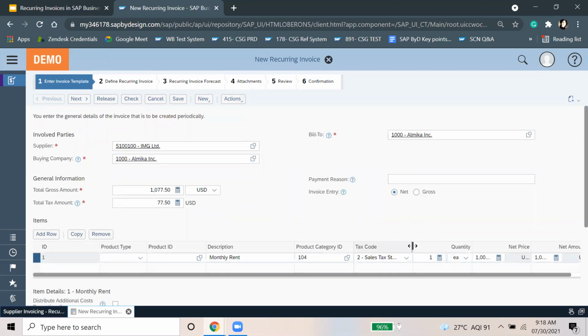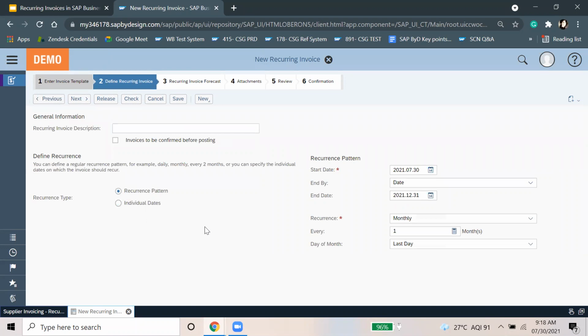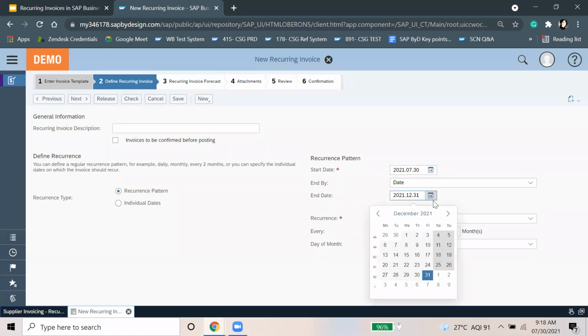So I have taken this tax code, and according to this one, there's a tax which has been taken here, and then the total gross amount is coming. I'm taking it for 12 months, so I'll take it till the next year of June.